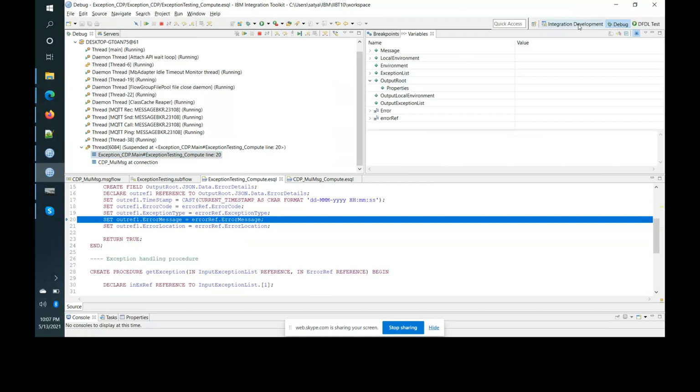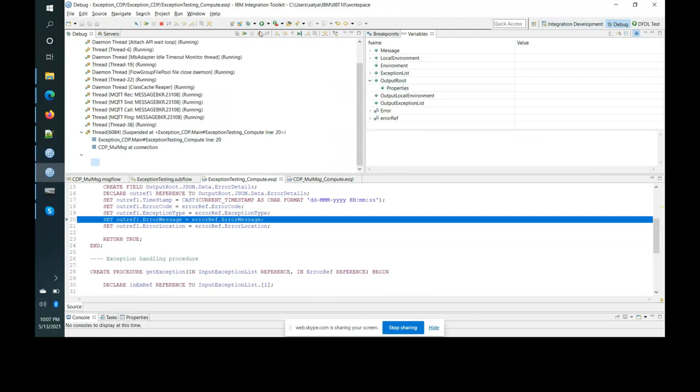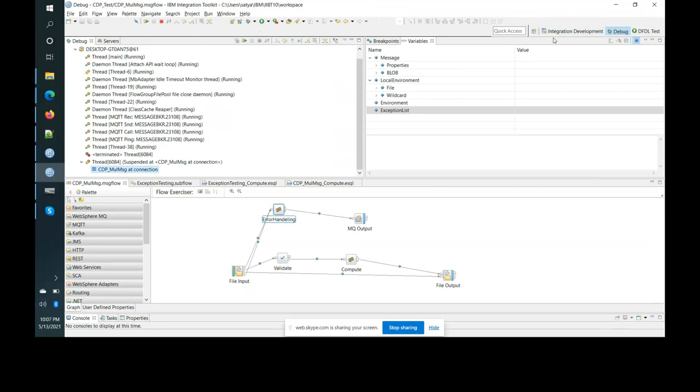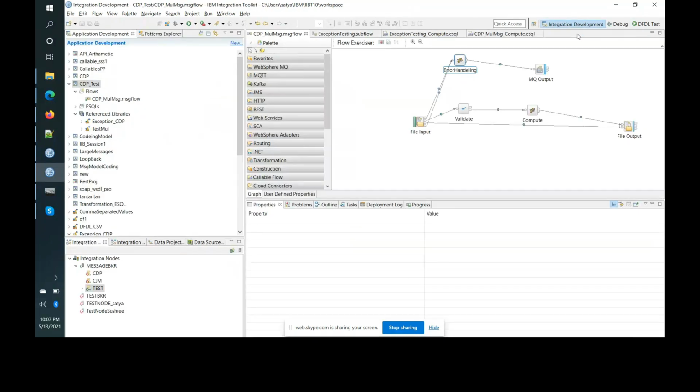Let's go to the execution group. Stop the debug in the execution group. Show me what it contains, the test. Expand. Delete this CDP test. This is the application.